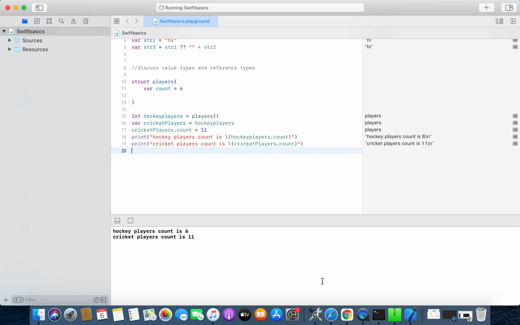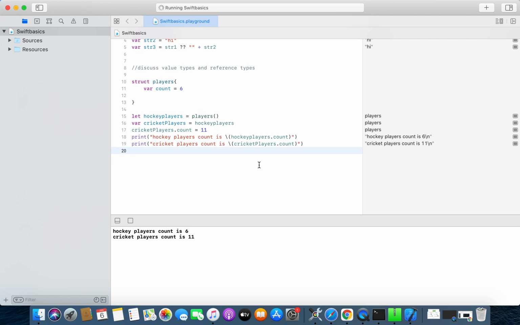So this is what the reference type and a value type are, and we have used the reference type and value type with let and var also. With this we come to the end of this tutorial. We discussed the value type, the reference type, the stack, the heap, what the value types in Swift are and what the reference types in Swift are. We discussed how the value is getting modified. If the value is getting modified, it is a reference type, and if the value is not getting modified, it is a value type. So see you in the next tutorial.